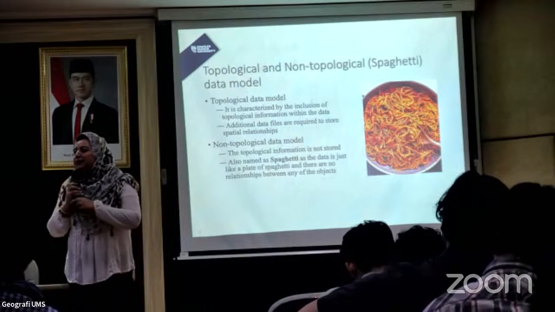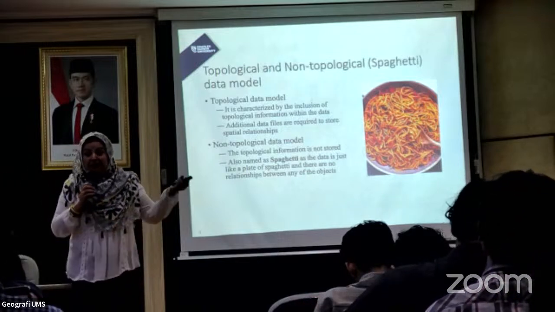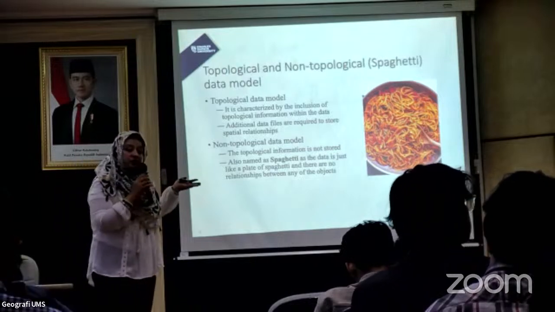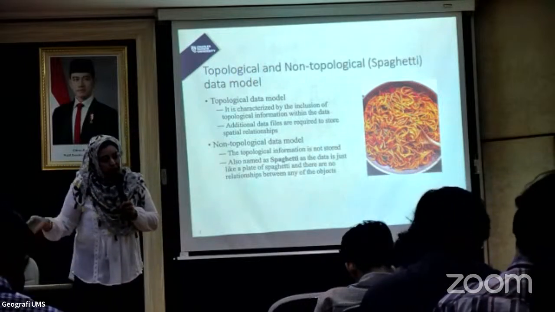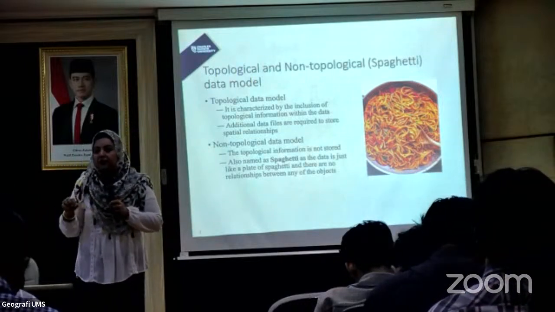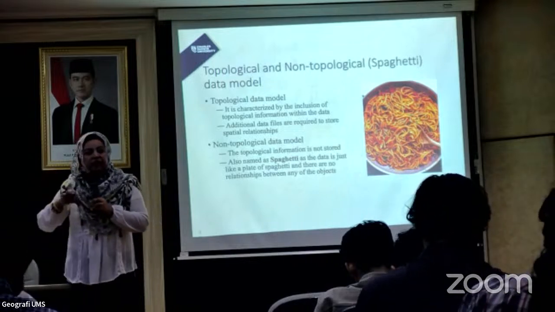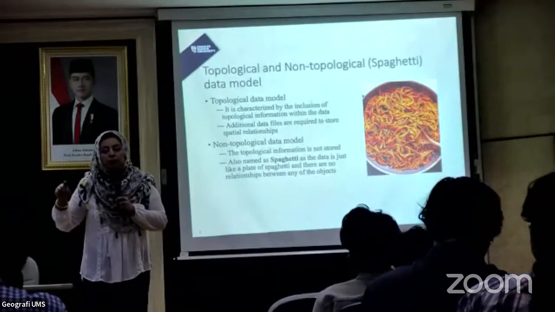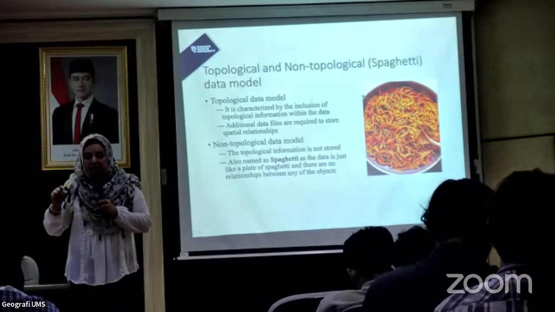So this is an example of how we make the spaghetti data model. In the spaghetti data model, you store the information, but it is not connected. Each piece of information is separate, but in the topological data model, what we use in GIS,